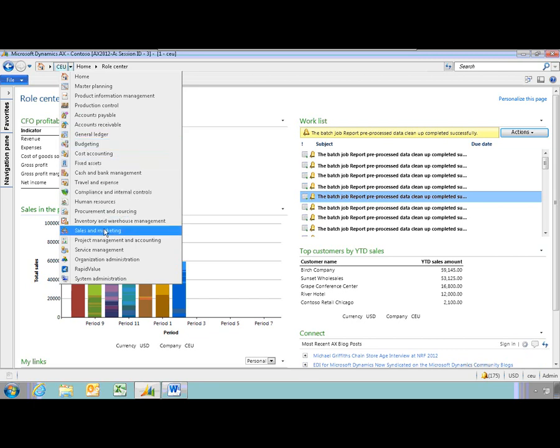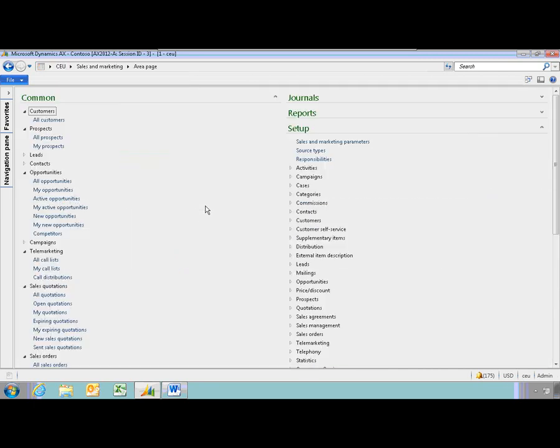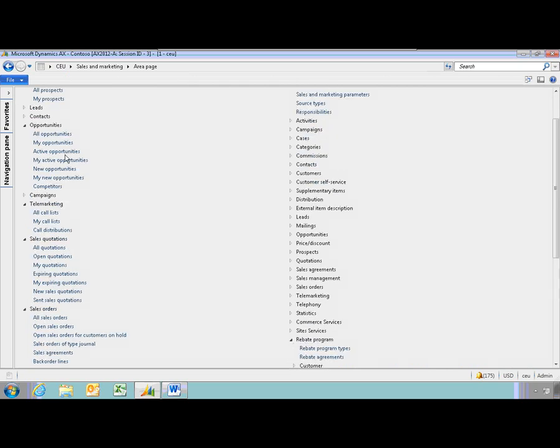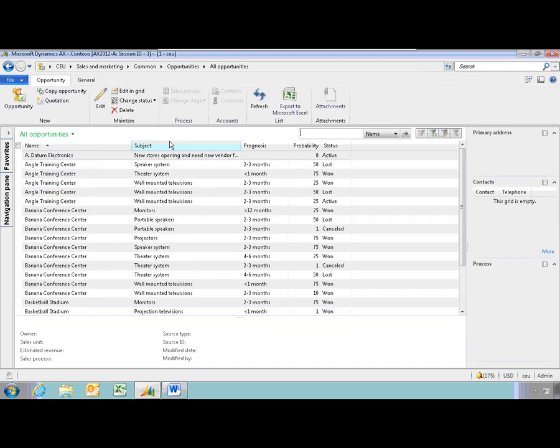So if we go into the sales and marketing module and take a look at the all opportunities list, we'll have a view of all these opportunities coming up that Kevin is responsible for. And he needs to take this data and turn it into some kind of presentable chart, graph in Excel to present to his managers